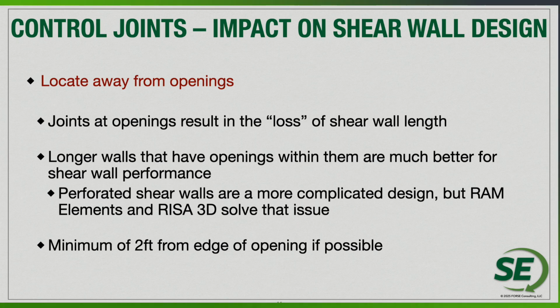and so we'll talk about that here as well. But you definitely, again, movement joints, do not want to have them located at openings. It's definitely going to give us a significant loss in the overall length of the potential walls, at least maybe 2 feet beyond the edge. Again, there's nothing in the code. That's just a guide that I use for locating movement joints at least 2 feet away from the edge of the openings to make sure that we can develop arching action and all kinds of stuff for lintel design, but also for the shear wall design. We want to make sure that we have a robust section on each side of the opening